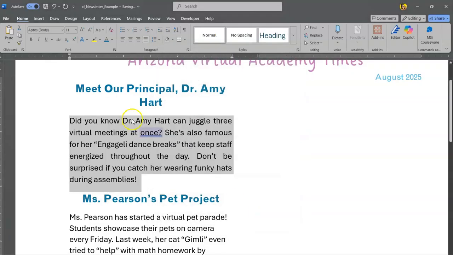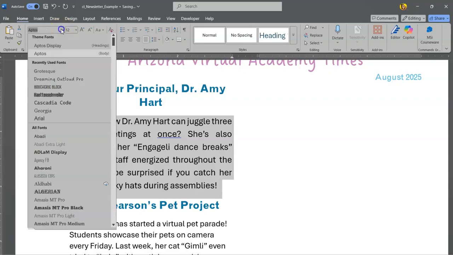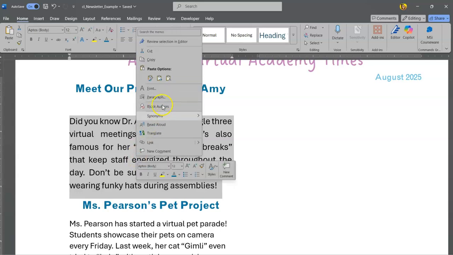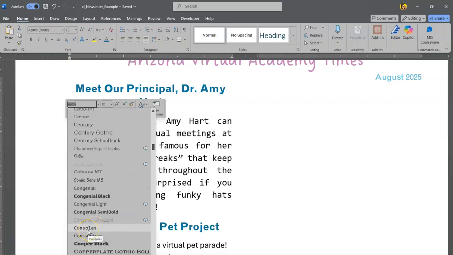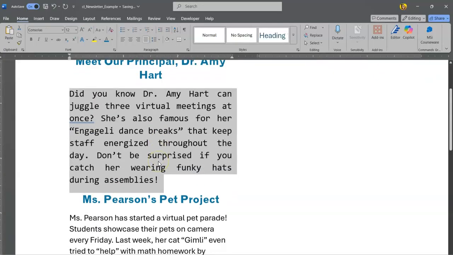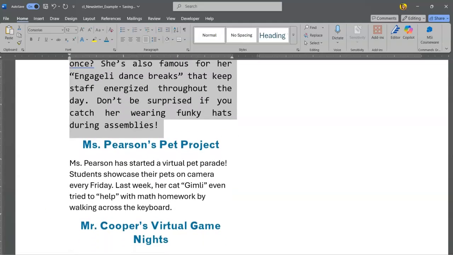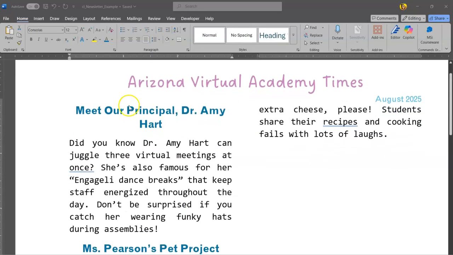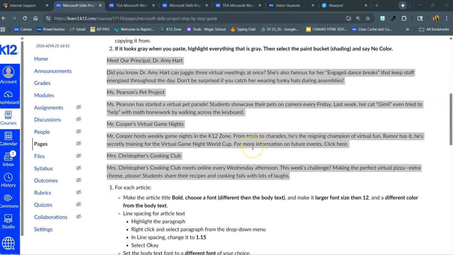And click OK. You're also going to make it size 12 and then pick whatever font you want this to be. So change the font once again to just make sure that it is readable and it looks nice. And then you're going to do the same thing for each of the paragraphs. Now you can see that all of my paragraphs and the titles are the same. So the next step